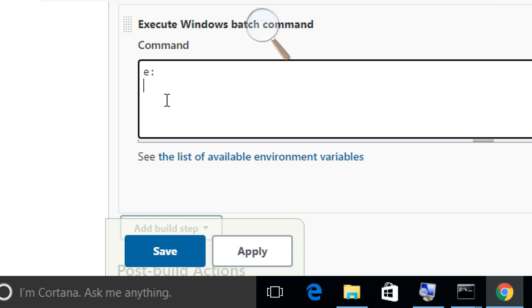Okay, I'm going to the E drive. Then I want to give echo welcome to Jenkins. Anything you can type, right? Then date slash t.